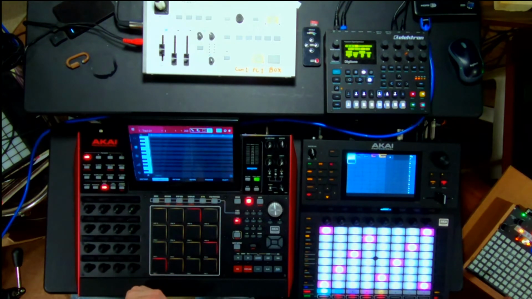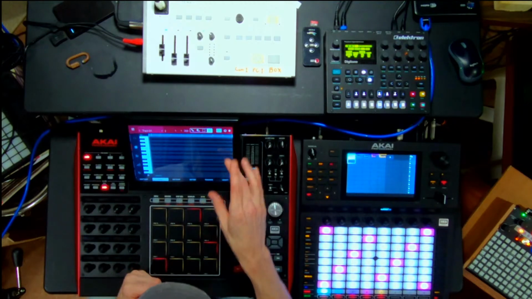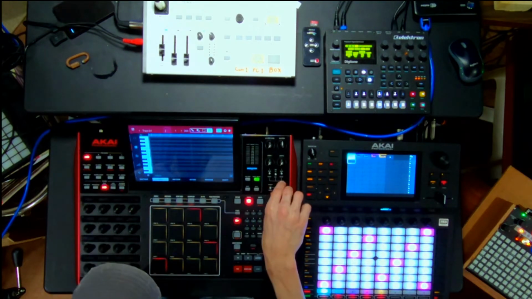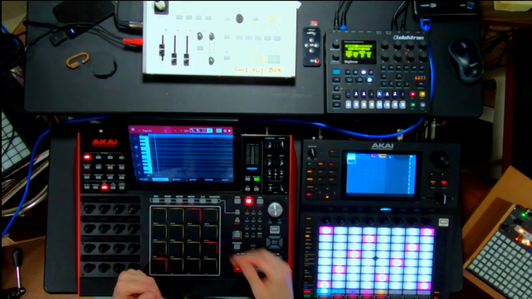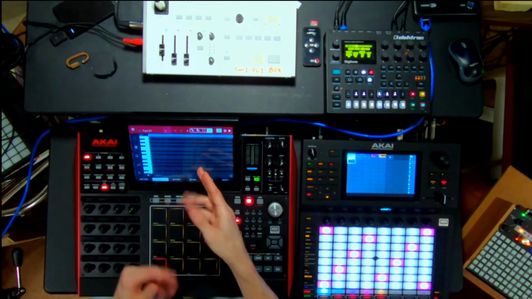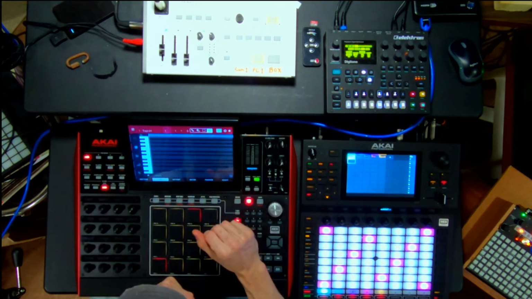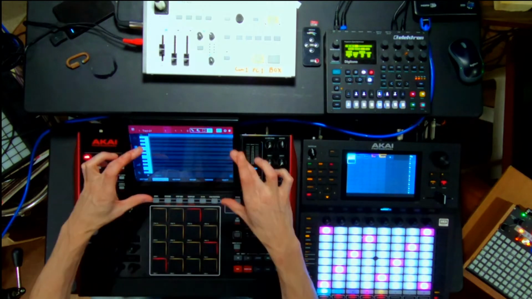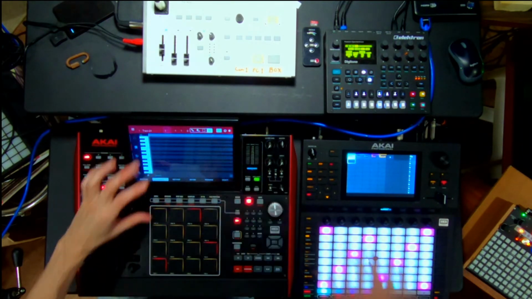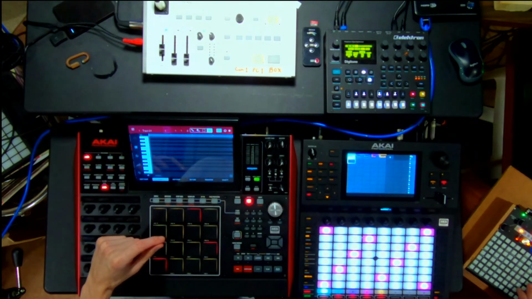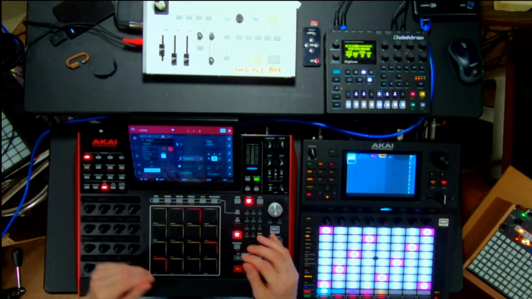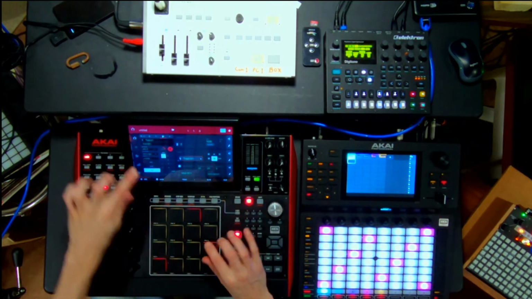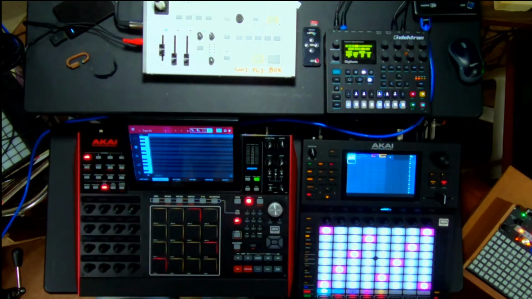So I got 16. So basically, that's a Deluge right there. One row of 16 by 8. It's 8, right? 1, 2, 3, 4. Yeah. So this is great to have that access on the screen, but it's also good for me to have